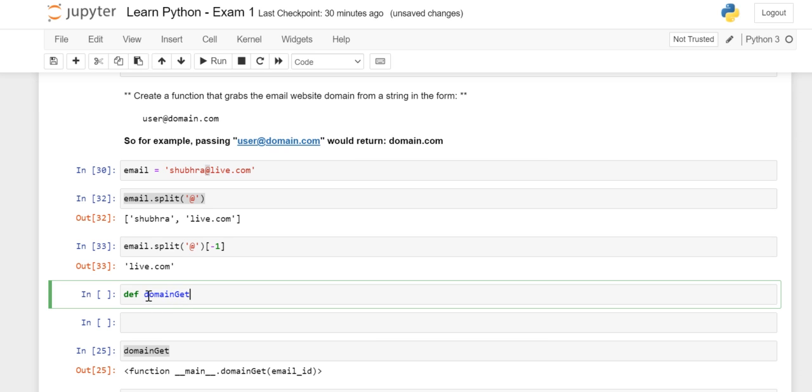The very first word will be lowercase, and then if you have a next word, like get is itself a word, I can't use a space and I don't want to use an underscore either. So how can I make it more readable? I can make just the first character of the next word a capital. So it gives you the readability that you are trying to get a certain domain.